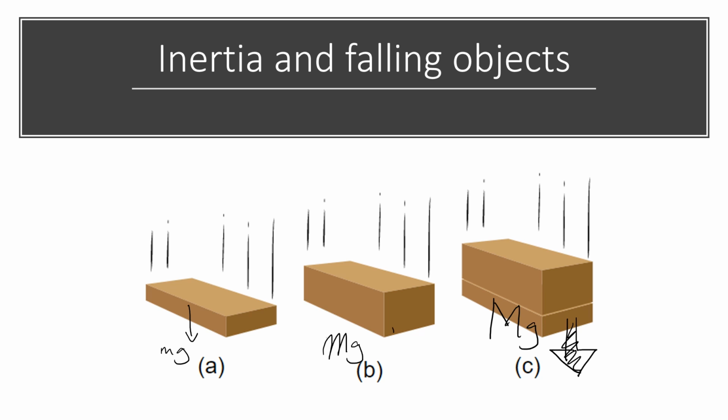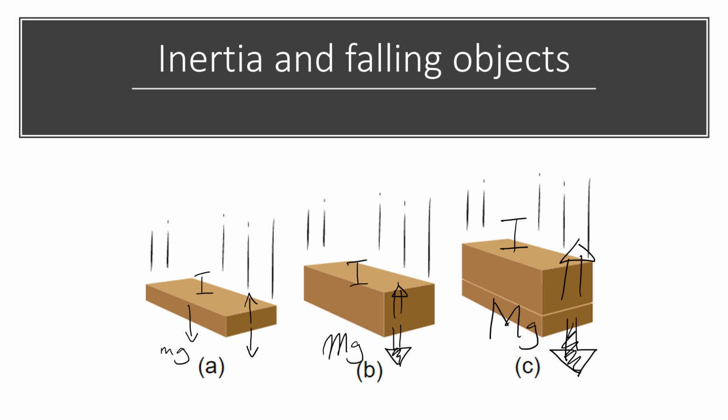But even though C is being pushed down with a greater force, you need to remember inertia. At the same time, big masses have big inertias too. So this thing will have a big inertia, a moderate size inertia, or a small inertia. So here our mg is being balanced out by inertia,